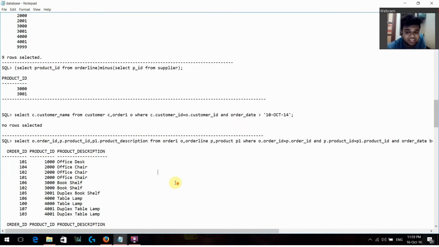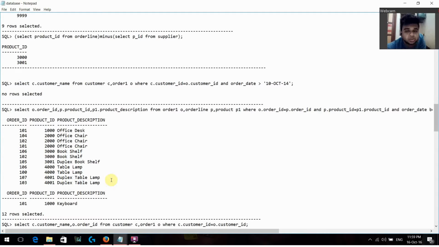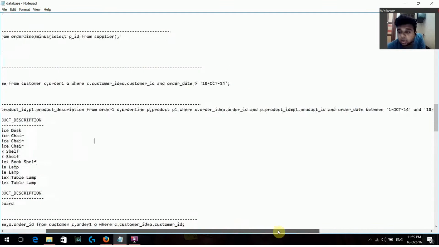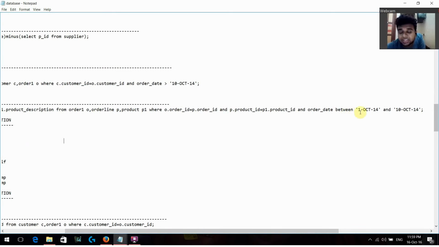The query for this is select O.order ID, P.product ID, P1.product description from order 1 O, order line P, product P1, where O.order ID is equal to P.order ID and P.product ID is equal to P1.product ID, and order date between 1 October 2014 and 10 October 14.